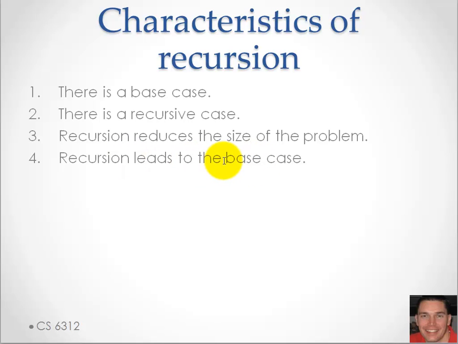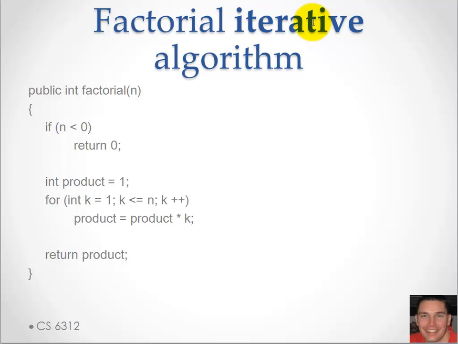If it never leads to the base case and something keeps calling itself, it's going to go into an infinite loop. So let's look at some examples here and compare the factorial as an iterative algorithm. A reminder, factorial definition, for example, 5 factorial is 5 times 4 times 3 times 2 times 1. 10 factorial is 10 times 9 times 8 times 7 times 6 times 5 times 4 times 3 times 2 times 1. So if I am writing an iterative version of this, you can imagine that we're going to use